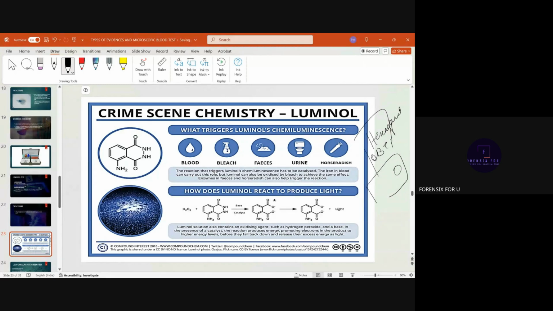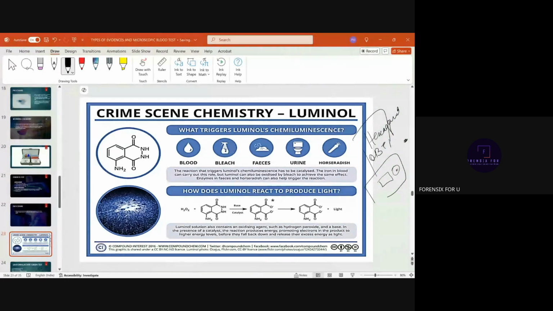So this kit is just like a pregnancy kit. There is a well here and there is an indicator here. So we wet the blood stain, we put it in the well, and then two lines appear. If these two lines are appearing, that means this is blood. Then we can send it to the FSL.